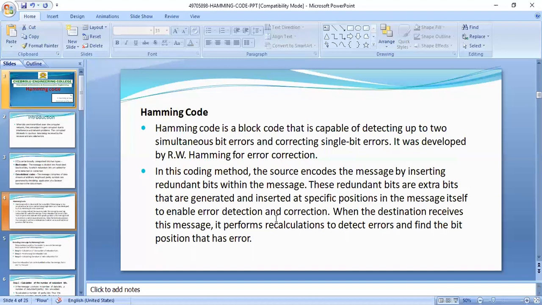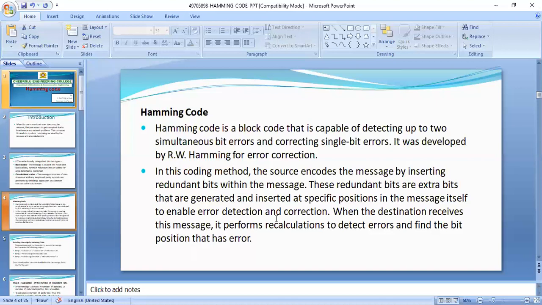So what are the parity bits? Parity bits are nothing but extra bits that are generated and located in specific positions. We are adding some extra bits to the message.